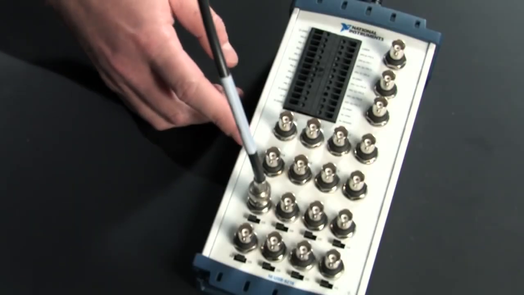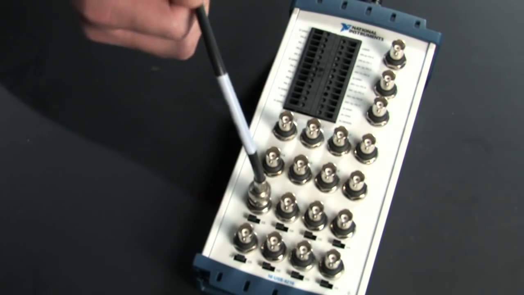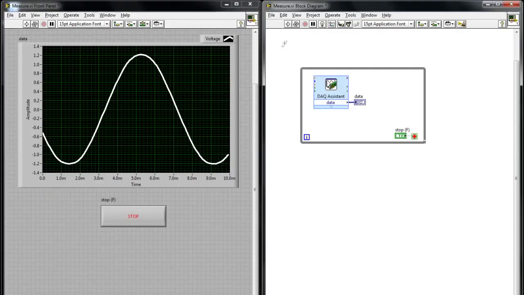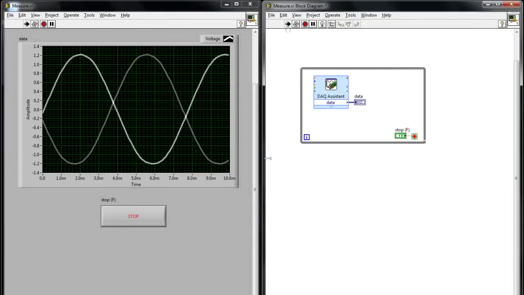Hey, my name's Chris, and I'm going to show you how to build a data logger from your data acquisition device in LabVIEW. We're using a USB data acquisition device, and we've wired a signal from our function generator into analog input 0. Now, if we switch over to LabVIEW, you'll see that I've already dropped my data acquisition assistant,